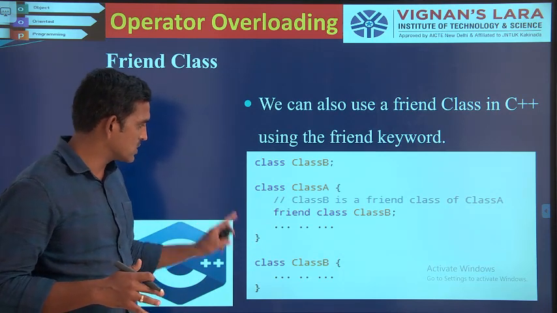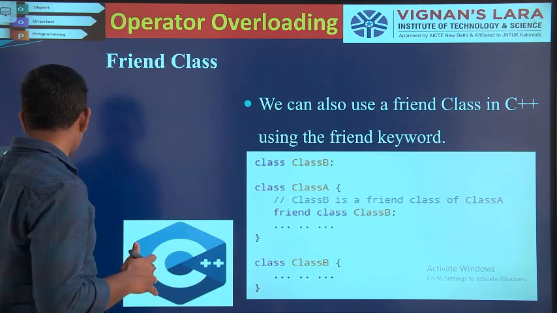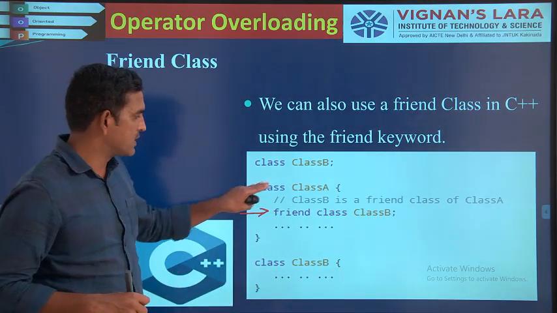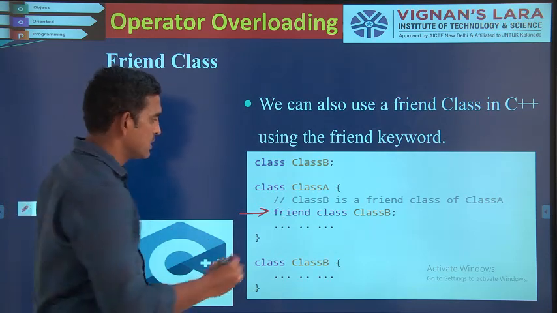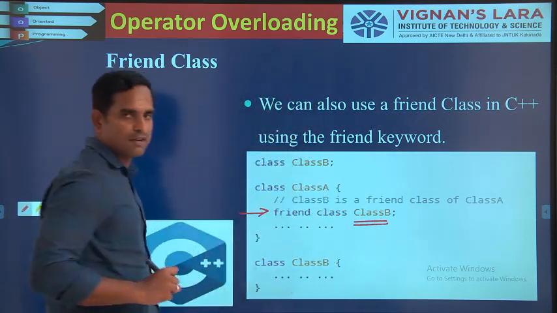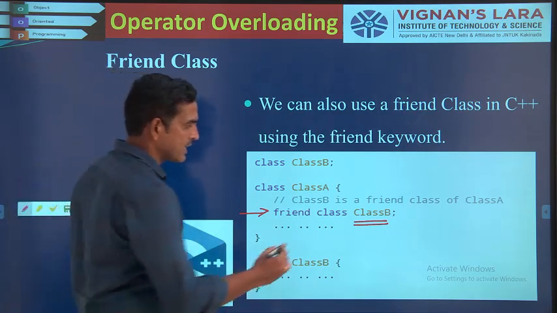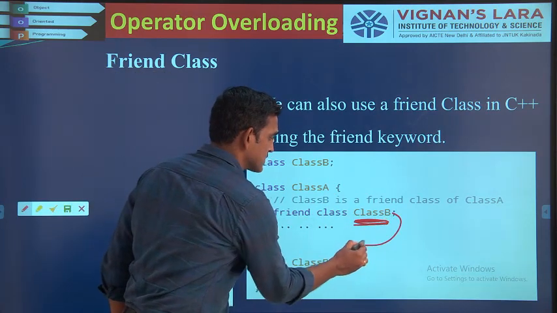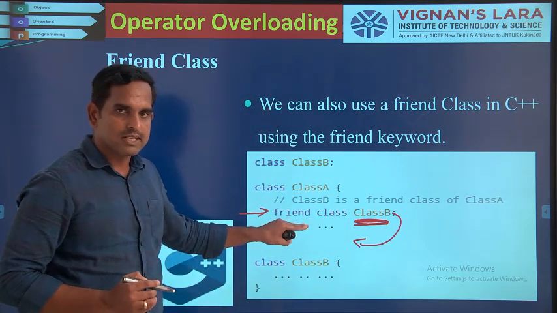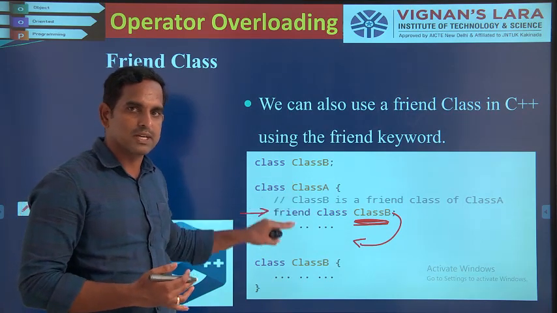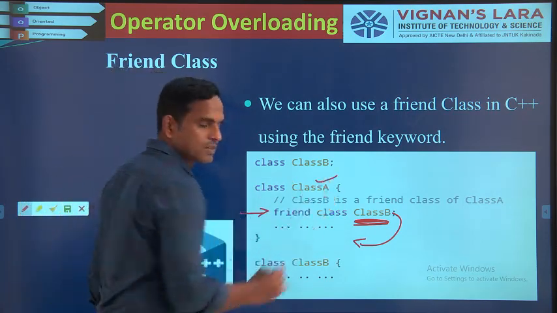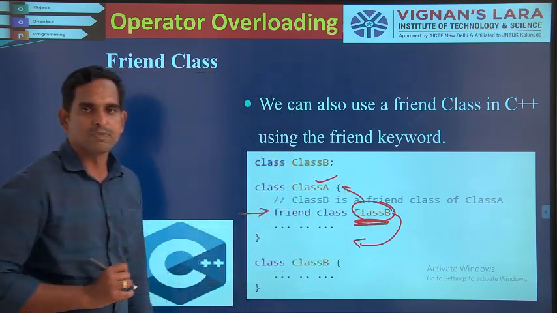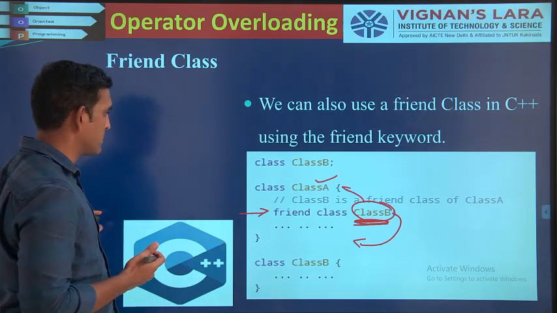In the previous session we saw an example of the friend class, where you have a class declared as a friend class in another class. That is, here you have declared class B as a friend class in class A. When I declare a friend class in another class, this class can use all the data and operations present in it along with its objects. You can understand that class B can use all the properties of class A. I have shown how to use it in the example.